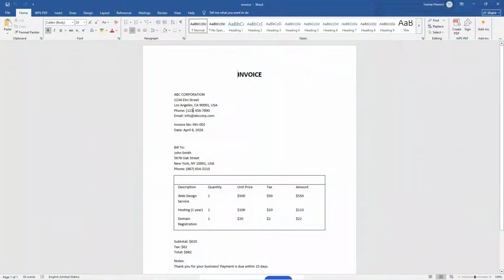In today's video, I'm going to show you how to create an invoice in Microsoft Word step by step so you can make a clean professional invoice in just a few minutes. This is perfect for freelancers, small business owners, contractors, or anyone who needs to send a simple invoice without using